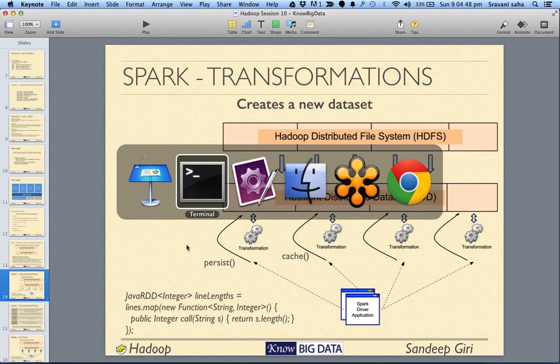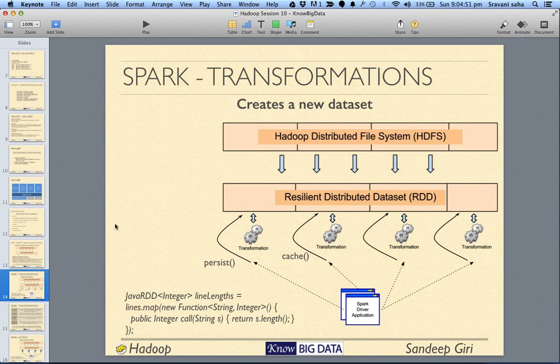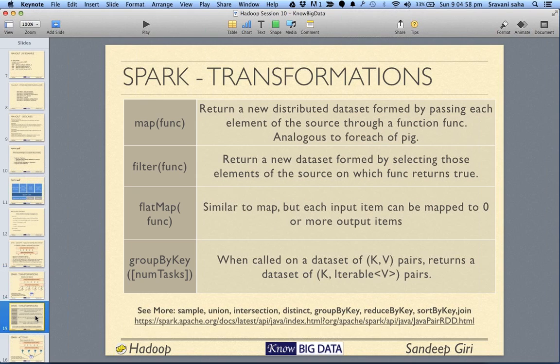So a transformation essentially runs on each node and translates one RDD into another. There are multiple transformations, starting with map. The map here is a little different from what we have understood so far. A map here is something which just converts your array into another array, or your RDD into another RDD, with the same number of elements as the original, but after the transformation has gone through this function called func.